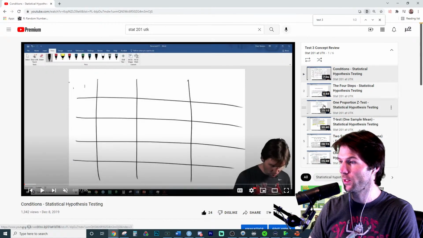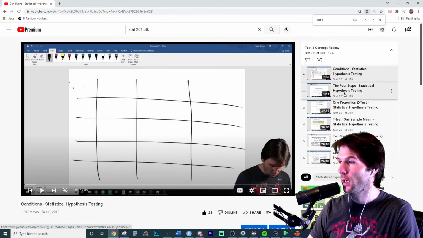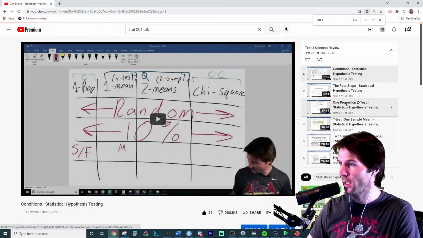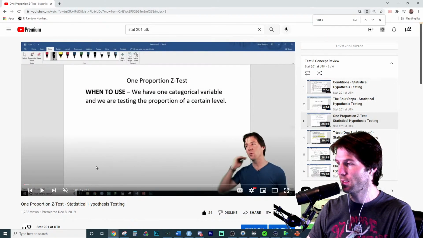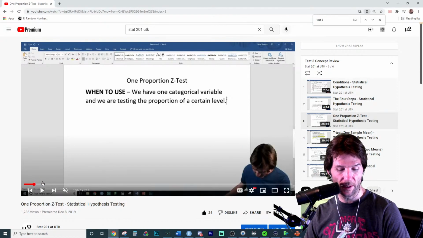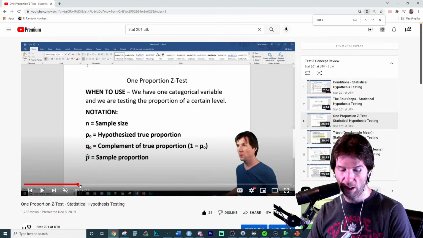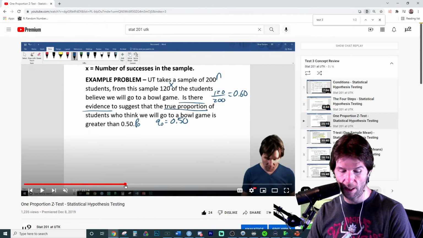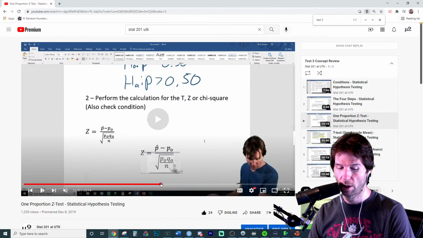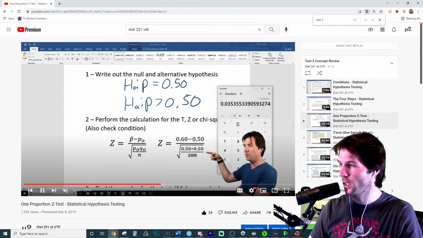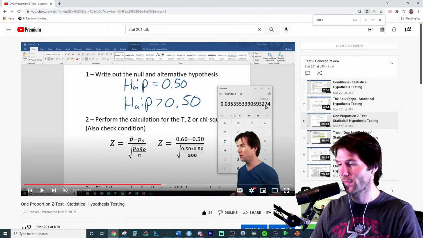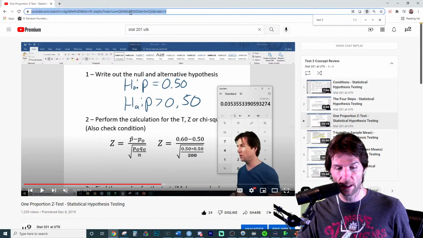This is where I go through and do each hypothesis test and talk through an example of each one right here. Like the 1 proportion Z test, each one of these I go through here and explain how to do it, explain what the notation is, and walk through and do an example step by step where we mark all the notation, walk through the example step by step, talking about each one. So it's basically like a mini lecture, no jokes, no fun. Fun is bad. We all know that.